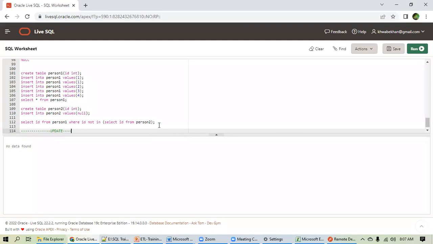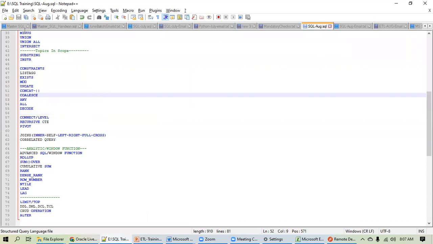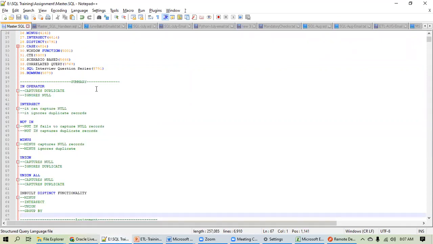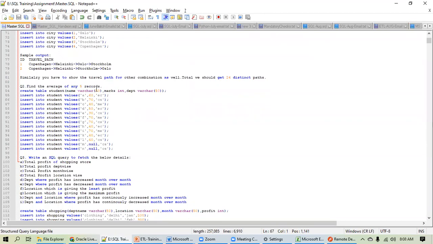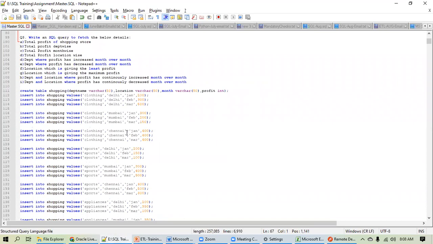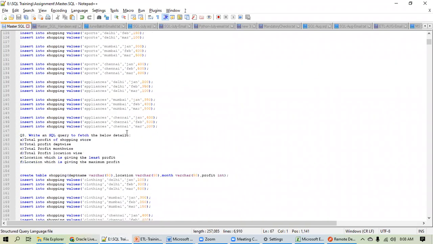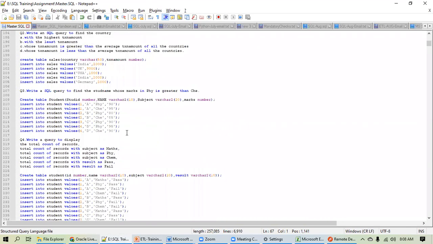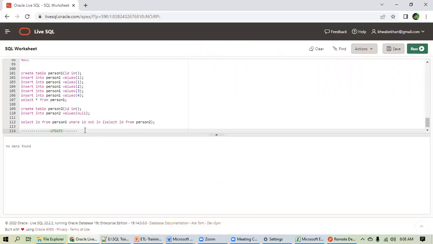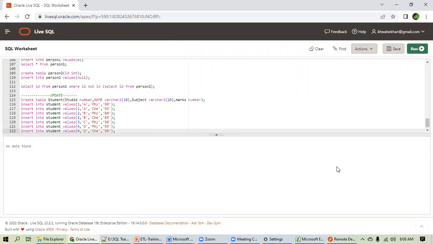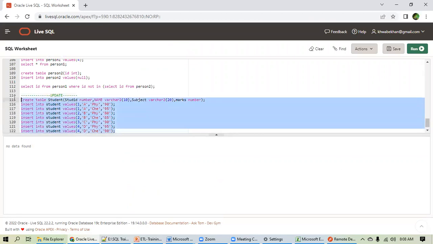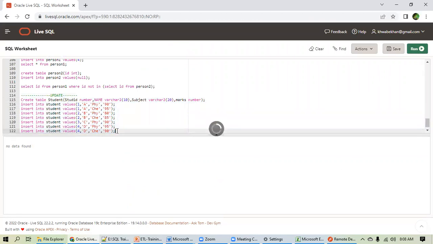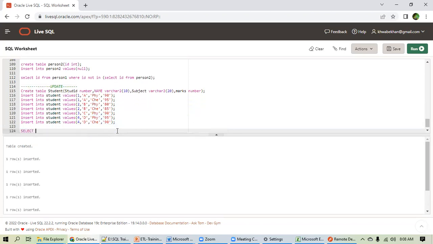Many times what happens, you have created a table, you have inserted data. After some time you realize that this particular data is not correct, or not updated correctly. So in that case you want to change that. Let me show you an example. Suppose for this student table, this is your student table. I've created the student table, I inserted the marks, everything was perfect. Then I realized that